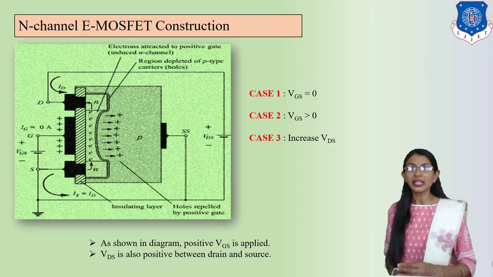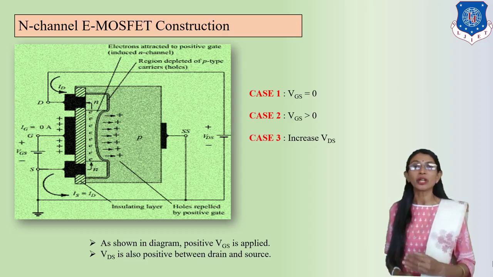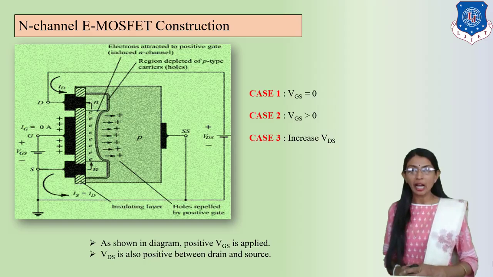We will increase the VDS continuously and we will select that constant value, and according to that, if VGS is going to be increased, what will be the effect on current, so that we can draw the ID versus VGS graph. So we will have the 2 graphs, ID versus VGS, and ID versus VDS. So we will have the 2 characteristics, input characteristic and output characteristic for the E-MOSFET. Okay.